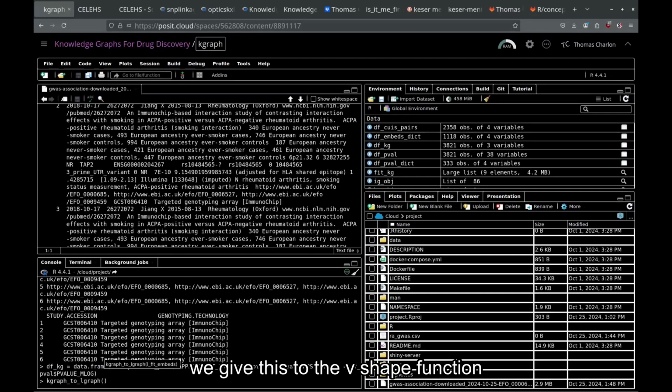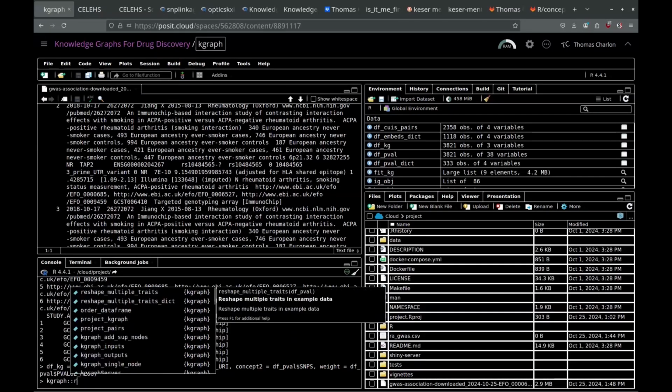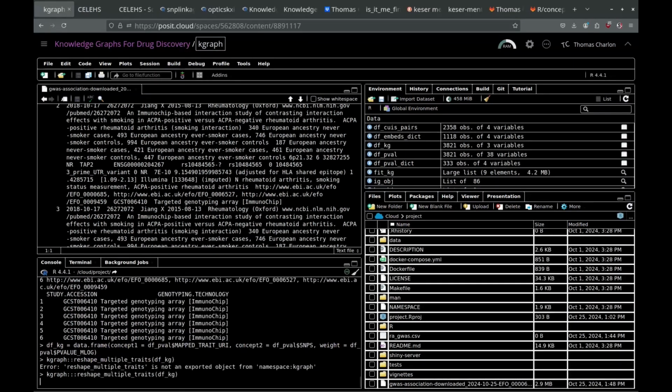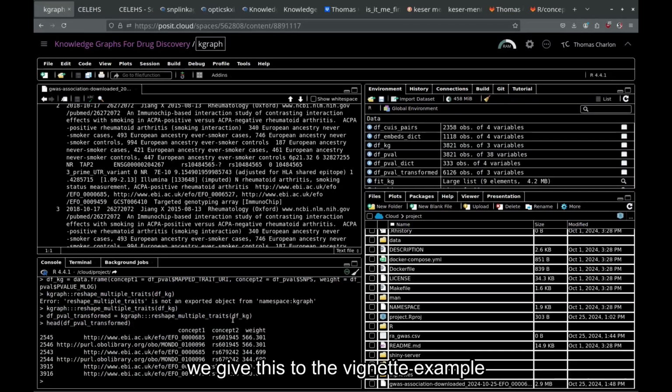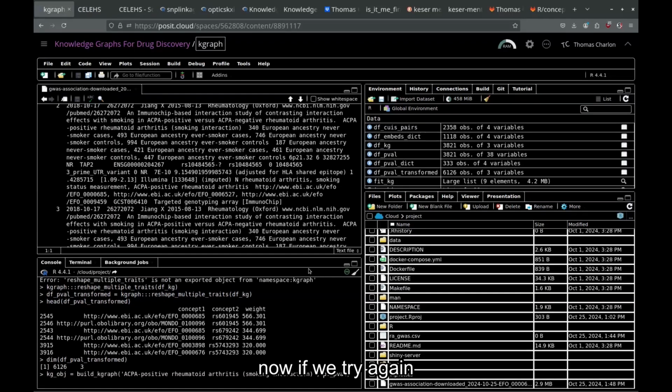We give this to the reshape function. Seem to have worked correctly. We should have a higher dimension. But now if we try again,